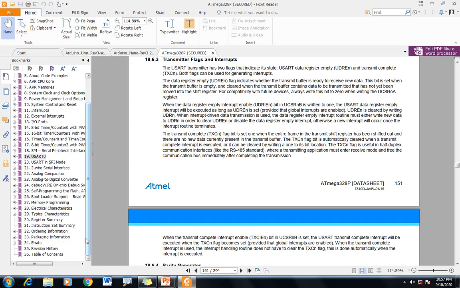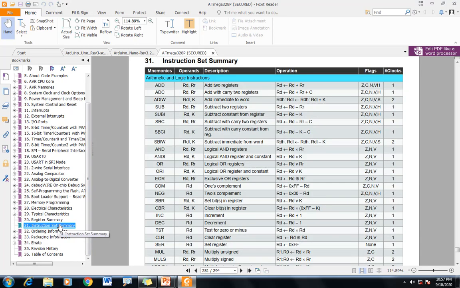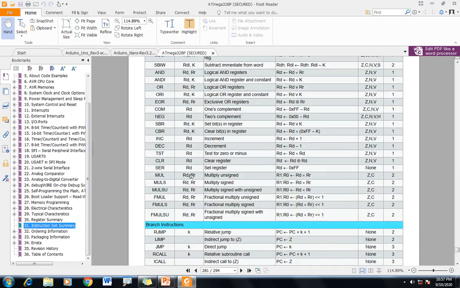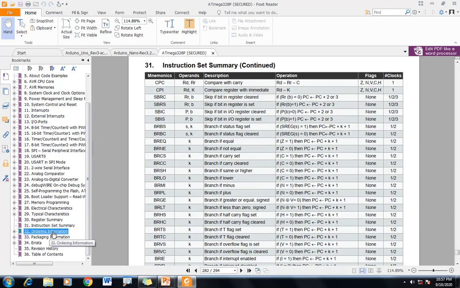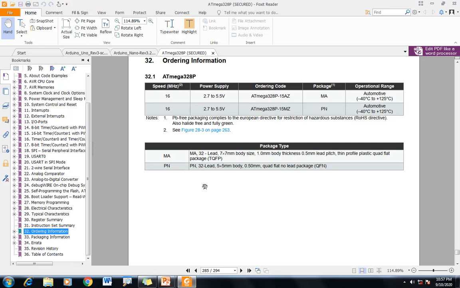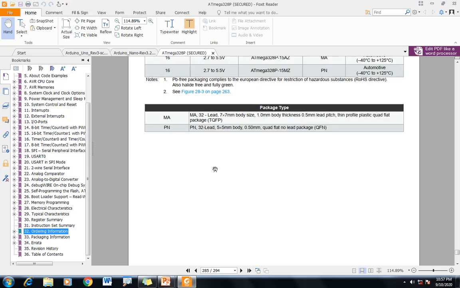Now, these are some instruction sets. If you want to order, you have to give all this information to the manufacturer.